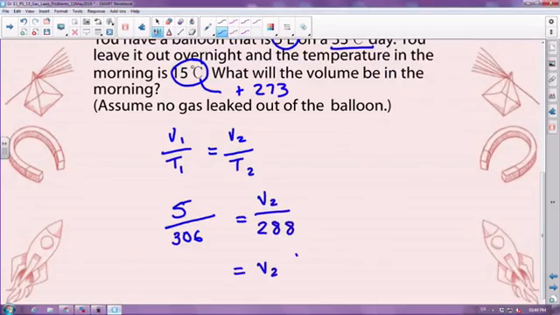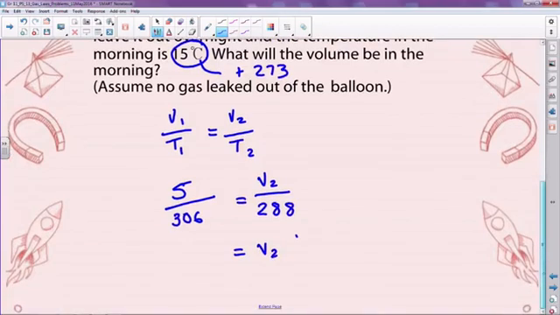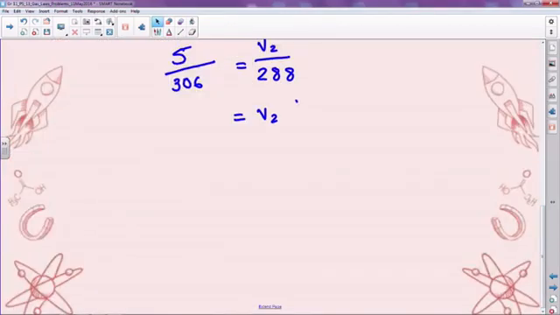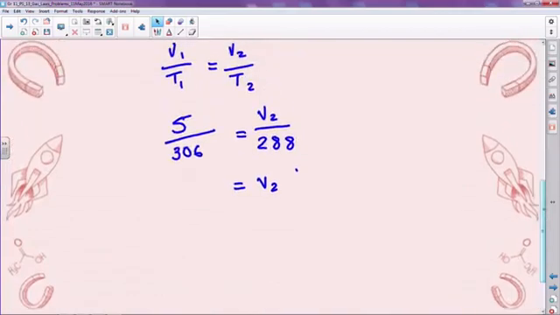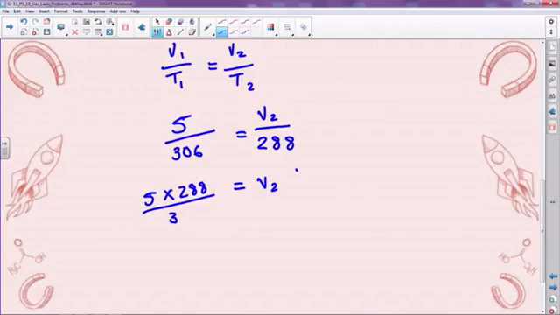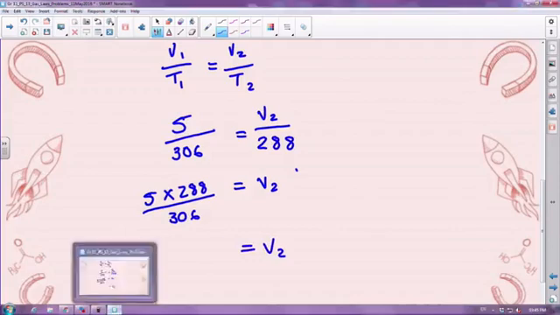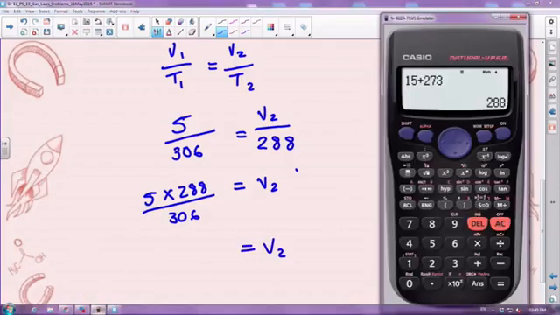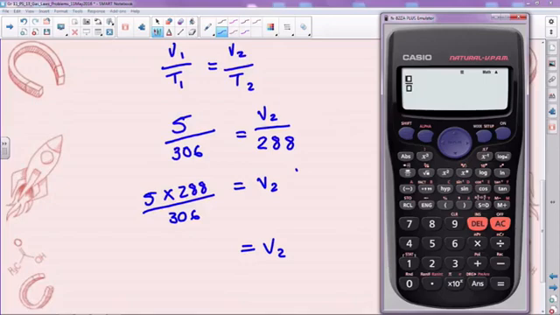So V2, when I rearrange everything here, and let's just extend our page quickly. There we go. V2 is going to give me 5 multiplied by 288, and I'm going to divide that all by 306. Same thing, we go straight back to our calculator. So I'm going to go 5 times 288, and I will divide that by 306, and I'm going to get an answer, an SD. My answer is going to be